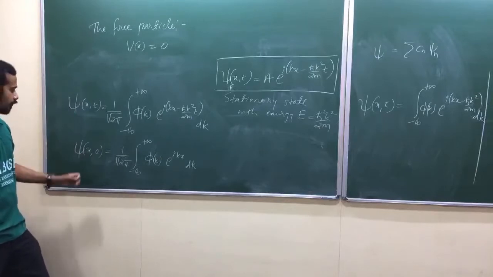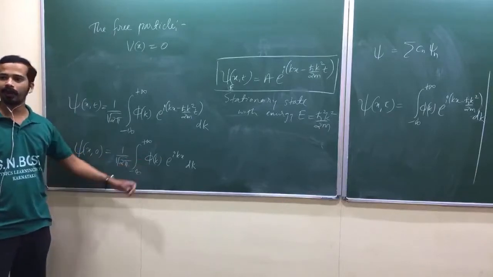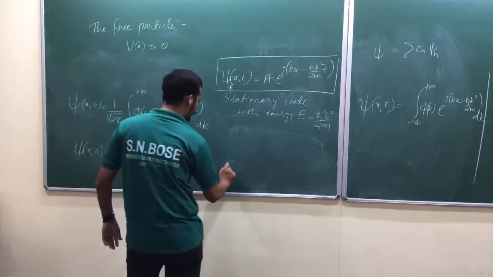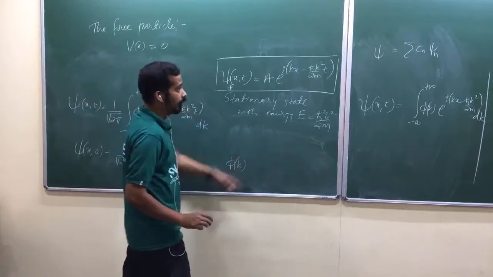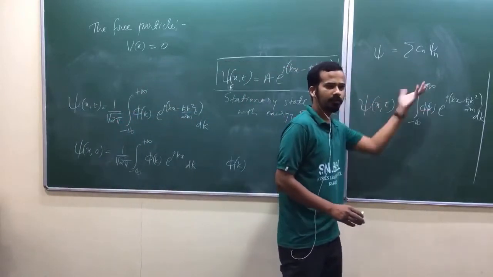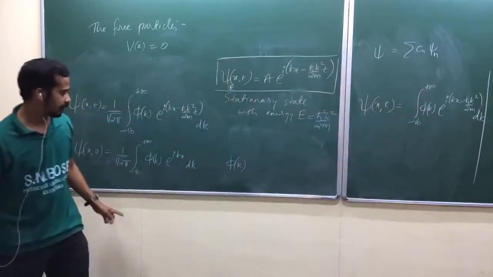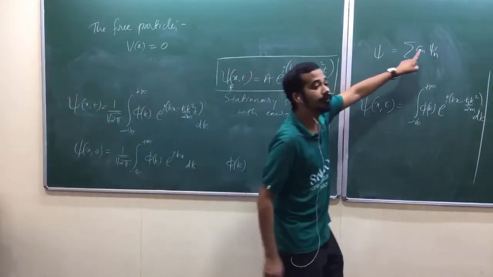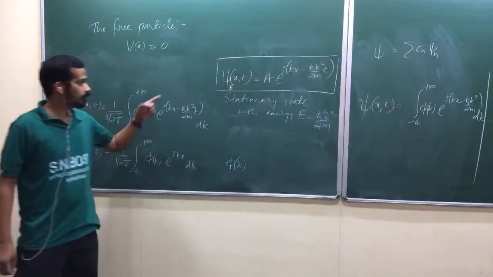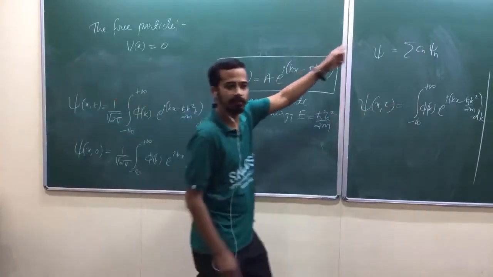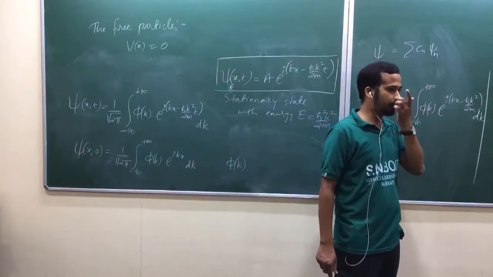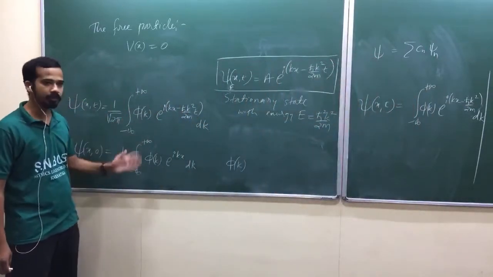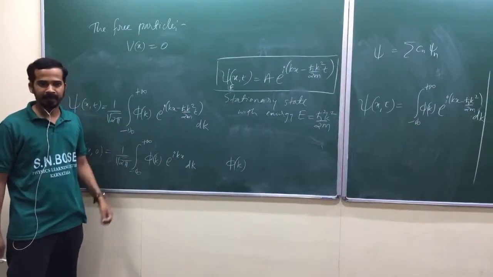Now look at here. This is a Fourier transform of phi of k. Now what is phi of k? That is the inverse Fourier transform, isn't it? So how do you get phi of k? How did you get Cn here? By some other integral, am I right? But here this will play the role of that multiplicative constant, this coefficient. Phi of k will play the role of coefficient. C depends on n. N will talk about energy. So this phi will depend on k. K will talk about energy. That's the difference. Is it clear?